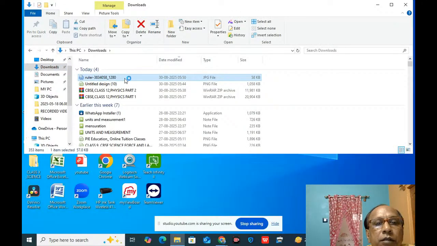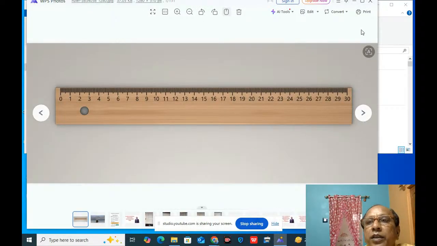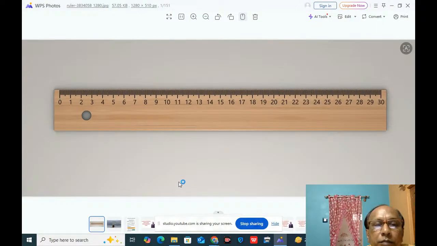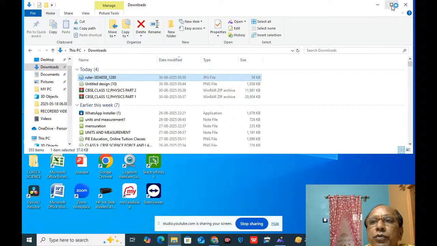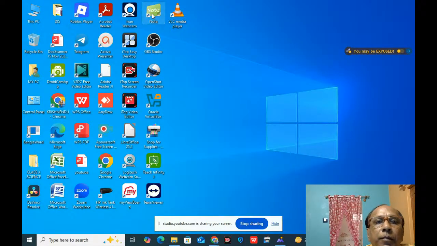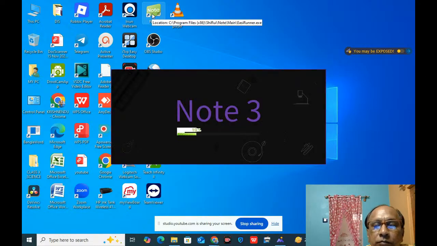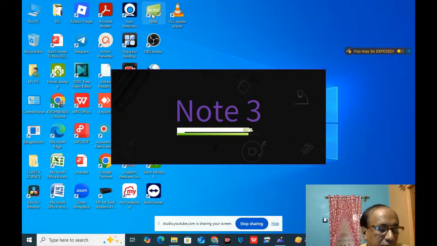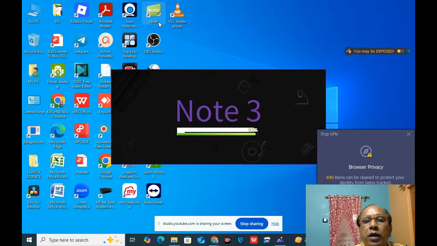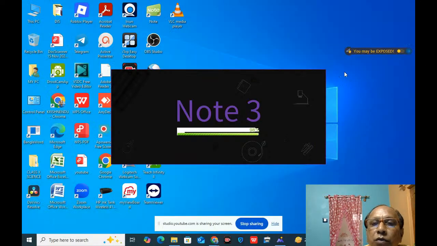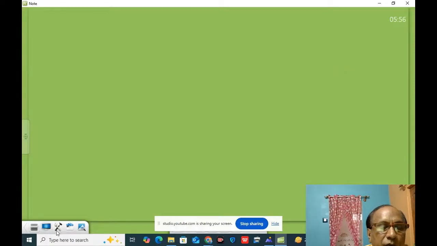Suppose I have given, you can see that this is the picture of an ordinary scale. How we can measure something with this scale, I am going to show you. Now you see how we are going to show this one. How to measure a line with the ordinary scale, I am going to show you. After that, we will learn about how to measure with vernier calipers. After that, we will learn about how to measure with screw gauge, and after that, how to measure with